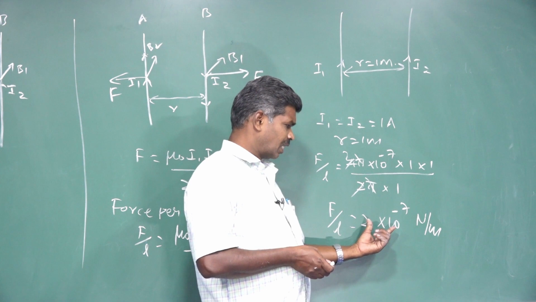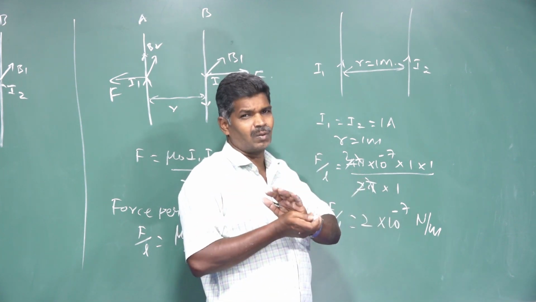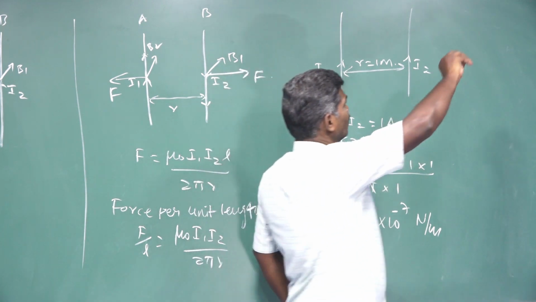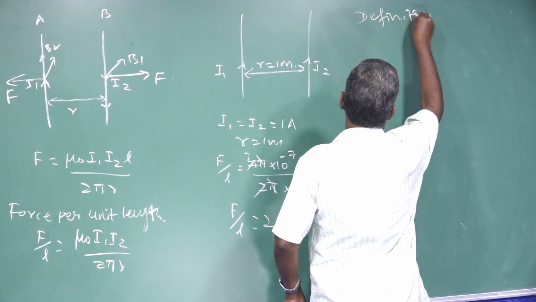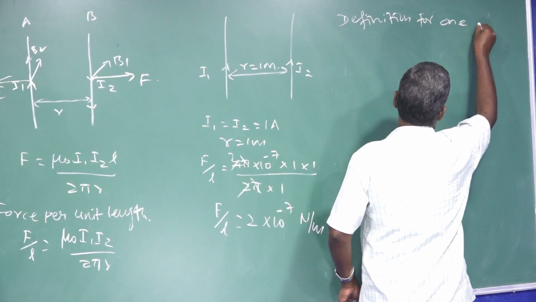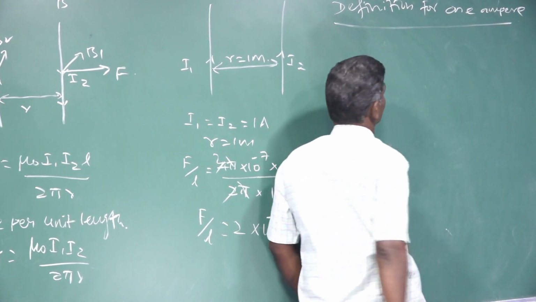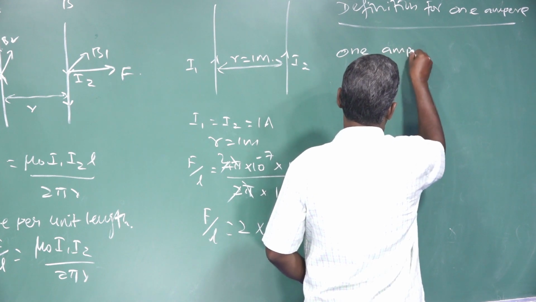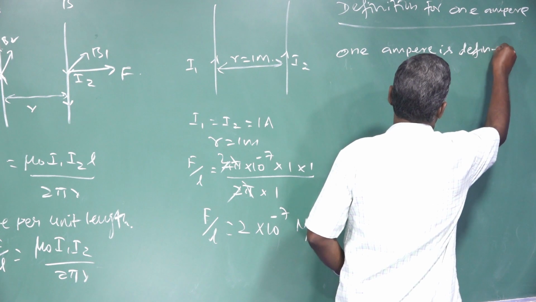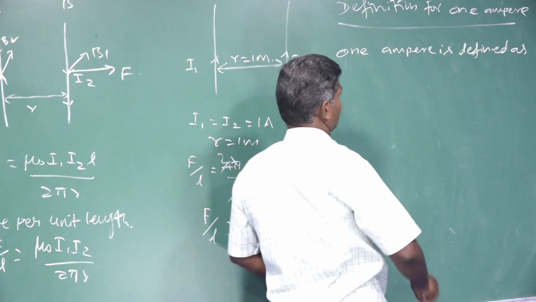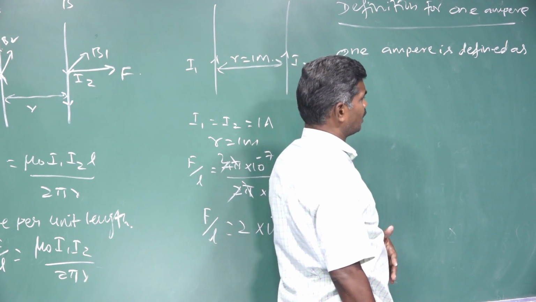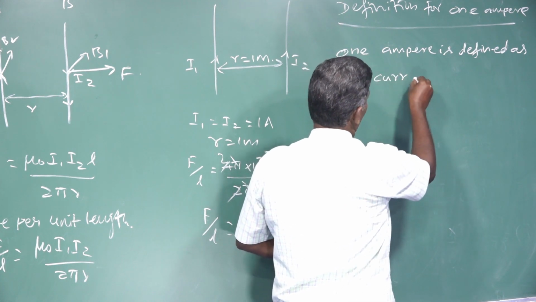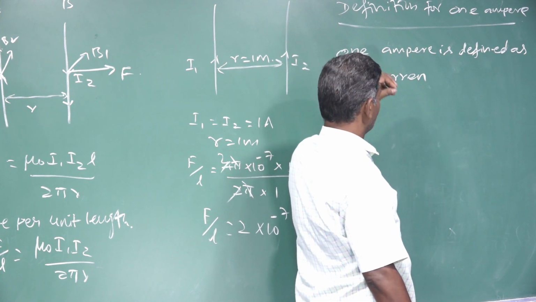If the two conductors experience a force when they are placed 1 meter apart in air or vacuum, and the two are infinitely long conductors, then the current through the conductors is 1 ampere. That is the definition of 1 ampere. How can we state that definition? 1 ampere is defined as that particular current, when it is passed